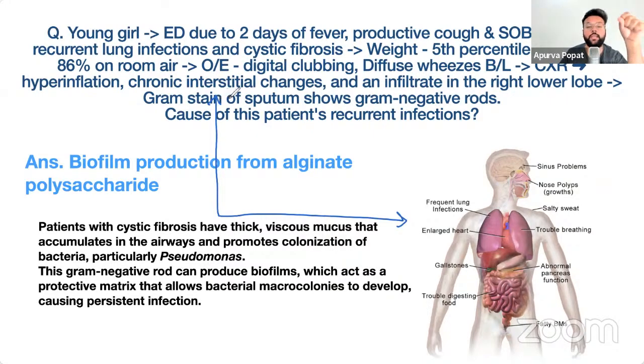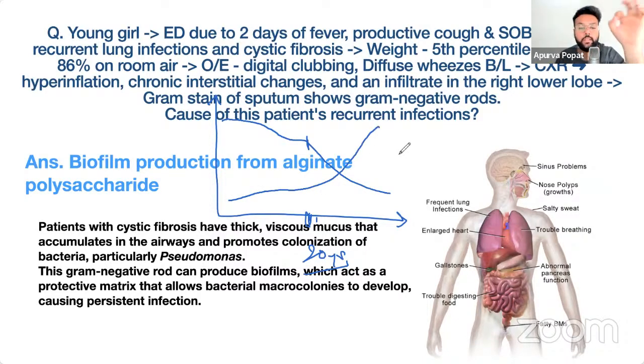bacterial infection in cystic fibrosis patients, this is what the graph of Staph aureus will look like. This is the threshold of 20 years. Most common organism is Staph aureus. But if you look at Pseudomonas, it becomes like this. After 20 years, its incidence increases. Now that doesn't mean in young age you cannot have Pseudomonas infection. Is that clear, Yashasvi? Yes, sir. Okay, so in young patients, most common organism is no doubt Staph aureus, but you can definitely have